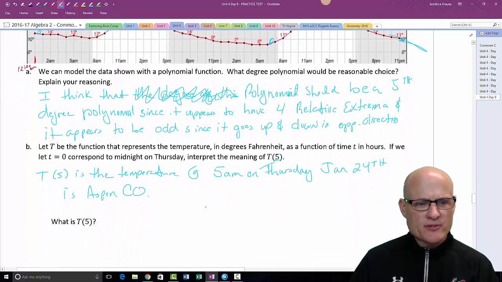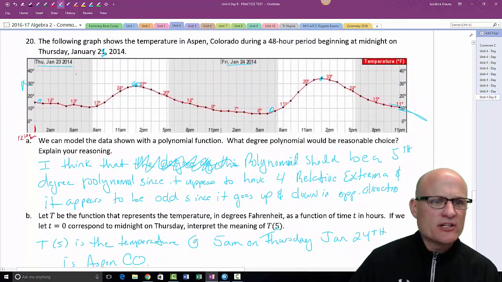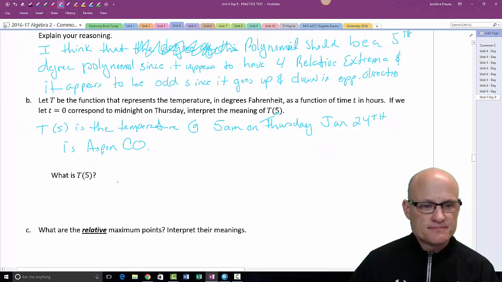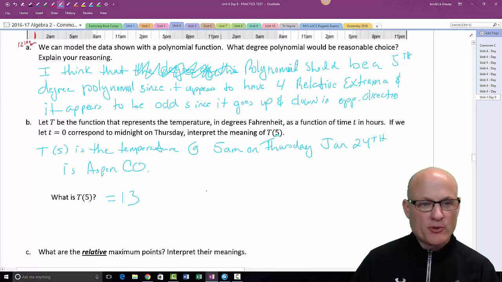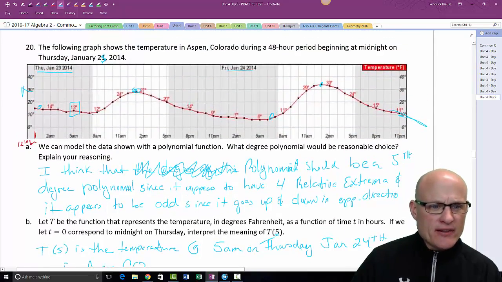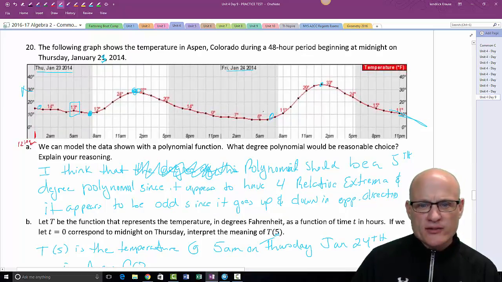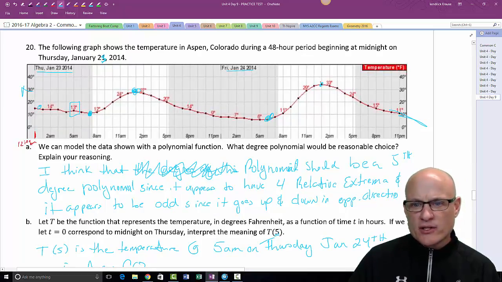All right. Next one says, what is T of 5? Well, T of 5 is 13 degrees. What are the relative max and min and interpret their points? Well, I would say this is a relative min. This is a relative max. This is a relative min. This is a relative max. And so